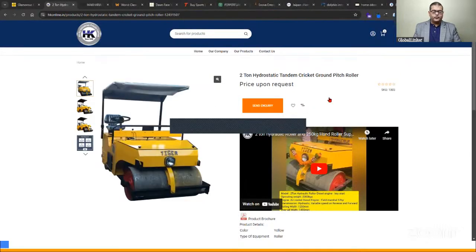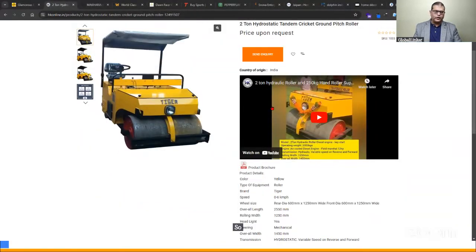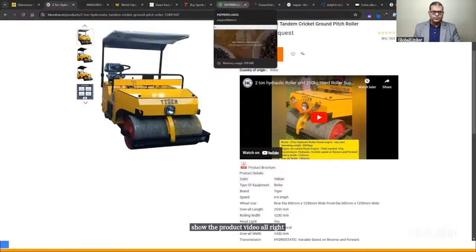Right, so I've started the screen share once again. This is where you can see a product video is added. So you can upload it on YouTube or you can upload it on Google Drive and you can embed it in the description. This is how you can show the product video. All right. So I hope that answers the question.